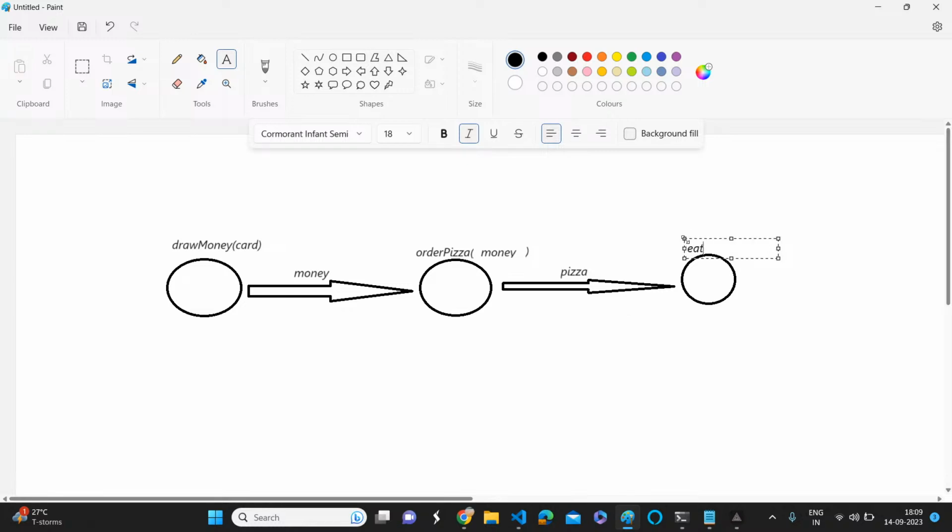I'm just creating a simple function, eat, and for that you can pass this pizza so that we are going to eat that pizza. To draw the money, for example, it takes some 5000 milliseconds, and once you order the pizza, it will take some time to prepare it, so you can go with 15,000 milliseconds. Once you got the pizza, again you can invoke another asynchronous call called eat. You can pass that pizza, and here again I'm just putting 5000 milliseconds for example.